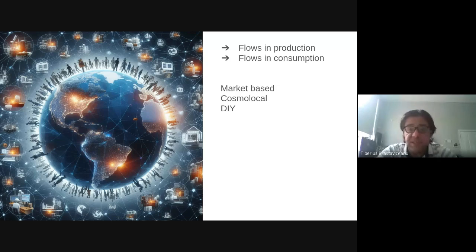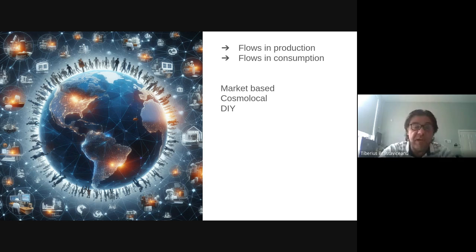The cosmo-local context, which is advocated by Michel Bauwens and the Peer-to-Peer Foundation, says essentially that everything light is processed digitally on the internet, like writing Wikipedia together, contributing to the Linux code base, or collaborating on an open source hardware design. You use a computer and these applications and develop these CAD files, and then you can share them on platforms or email them to people. So everything light happens online, and everything heavy happens locally, right?